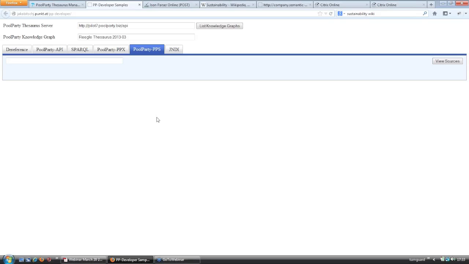Now, the way indexing documents works for PoolParty Search is the following: we get texts in any format. We transform these texts to RDF, and we set up the PoolParty Search indexer to look for certain properties in this RDF file that describes a certain document. Now, there are certain properties that trigger a full text extraction, for example. When the PoolParty Search indexer comes across such a predicate, it takes the value of the object of such a statement and sends it to the PoolParty extractor, which will enrich the RDF graph that describes the